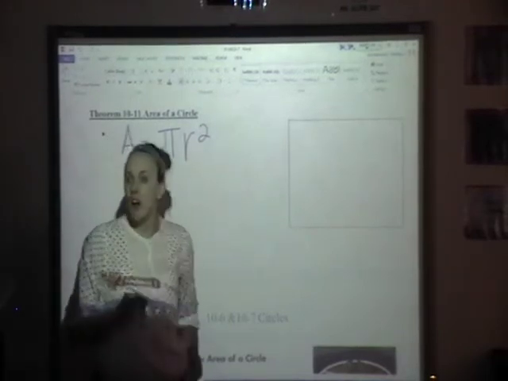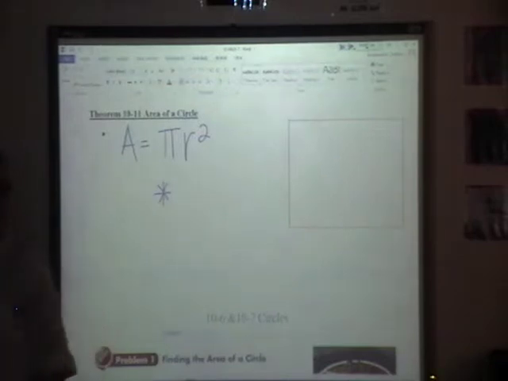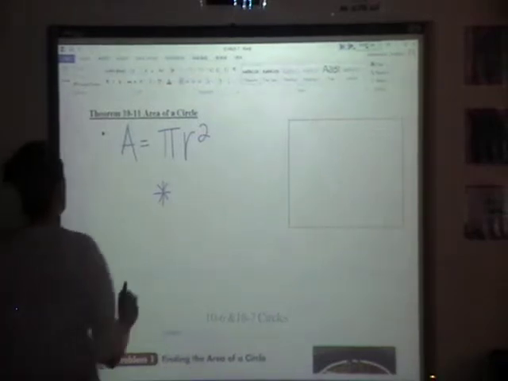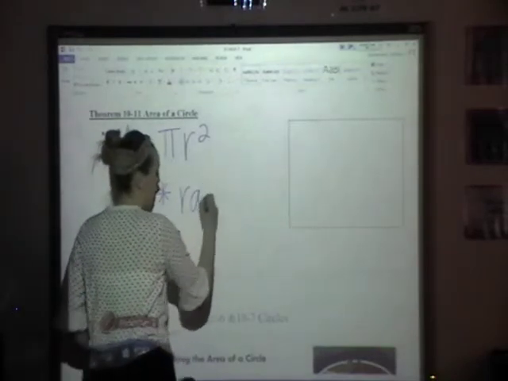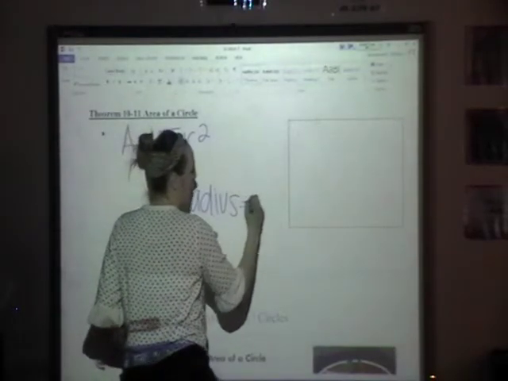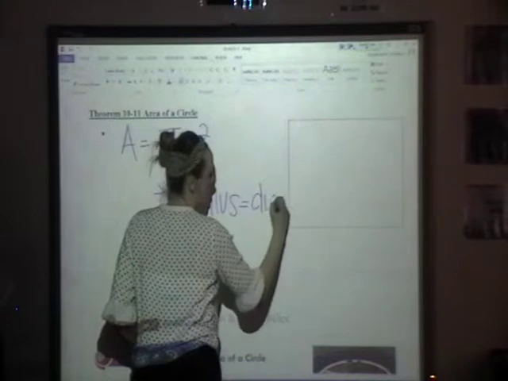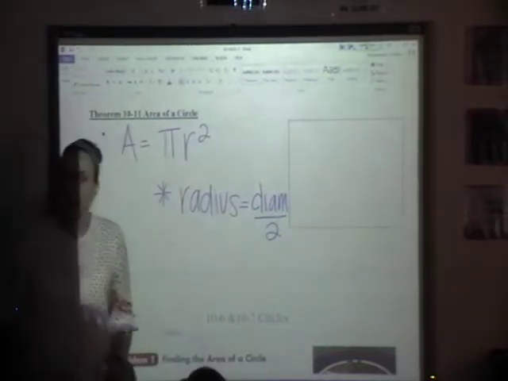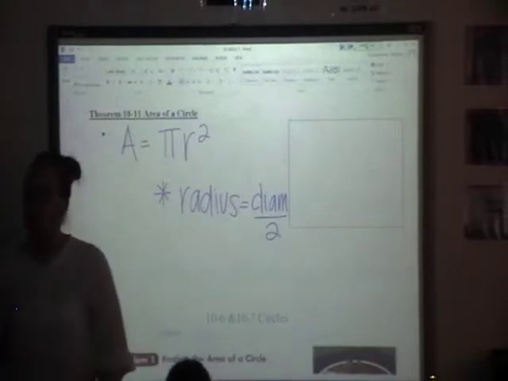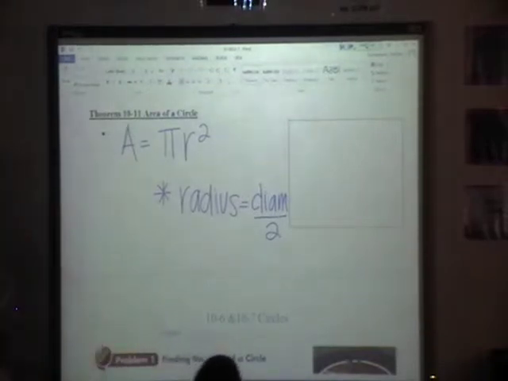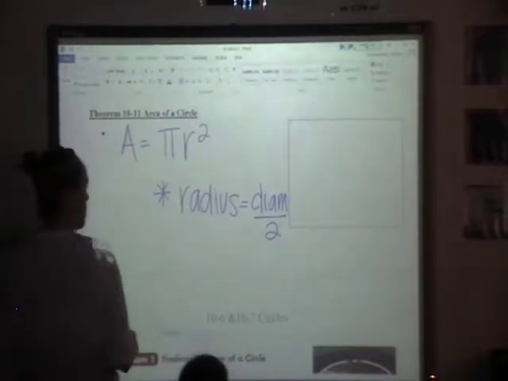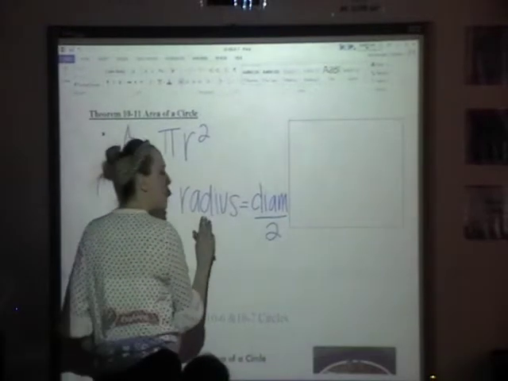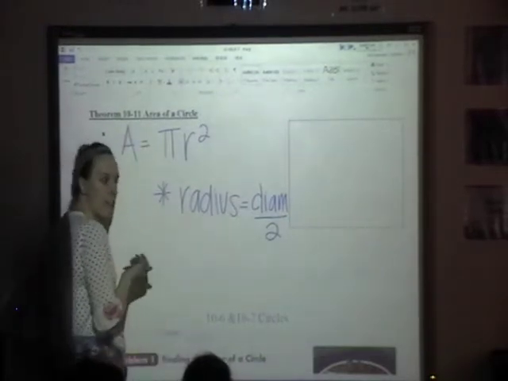And remember, if I'm asking you for area and for whatever reason you were given the diameter, you gotta find the radius. So your radius is your diameter cut in half. So if your diameter is 10, your radius is 5. If your diameter is 20, your radius is 10. If your diameter is 30, your radius is 15. So you need to remember that to find your radius, you just cut your diameter in half. Okay,